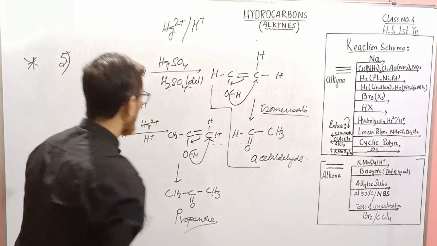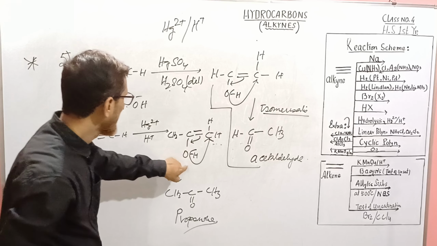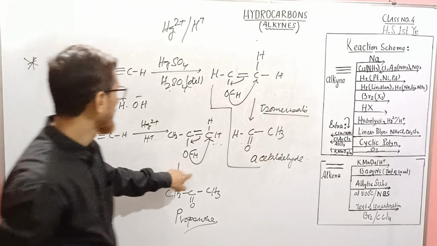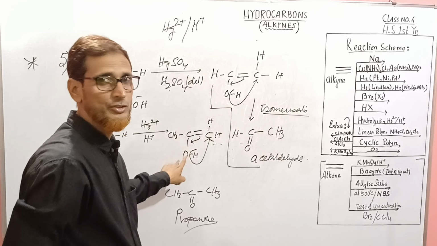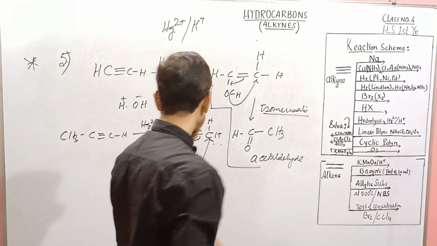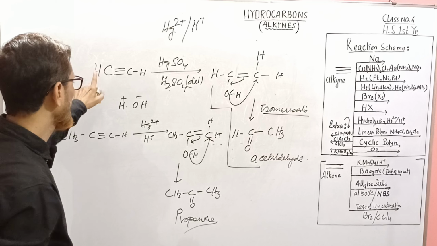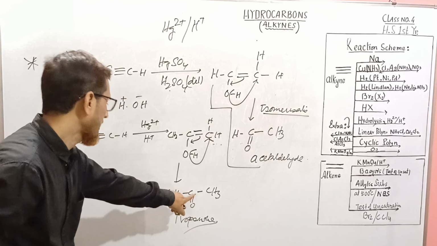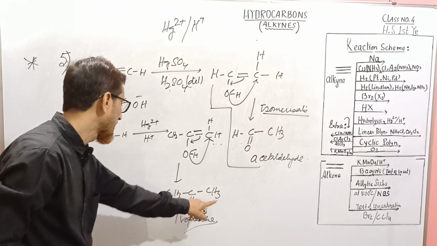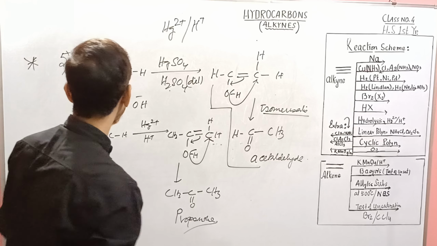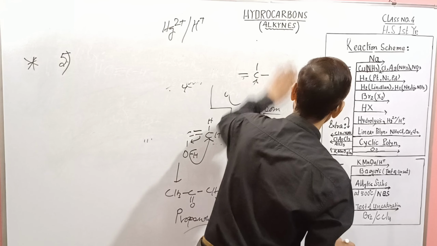Many of you will make a mistake here. You will give the answer like this, but there will be a shift of hydride; H will go there. It is also called tautomerization, isomerization. Am I right? So this is a very important type of reaction. From acetylene we may get an aldehyde, or we may get a ketone, acetone. Its other name is acetone; the structure of the compound is ketone, acetone, or propanone. Am I right? So this is a very important one. Next one is,